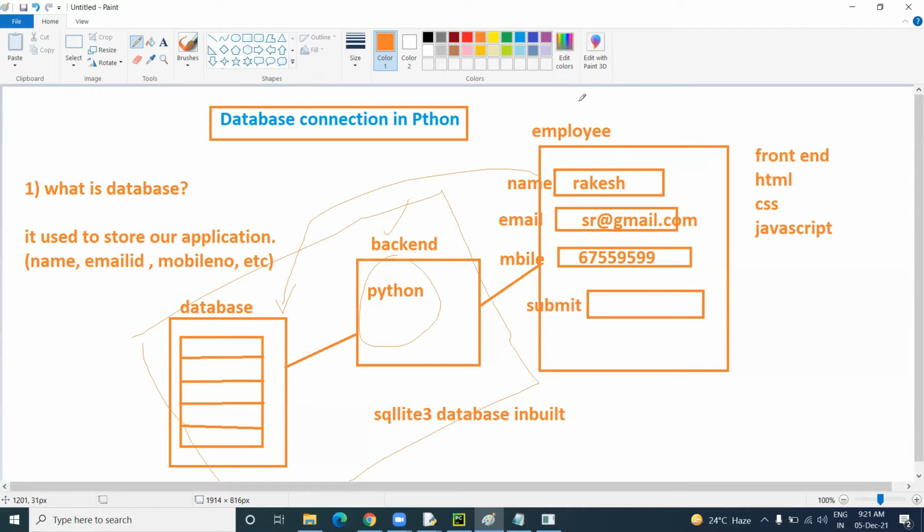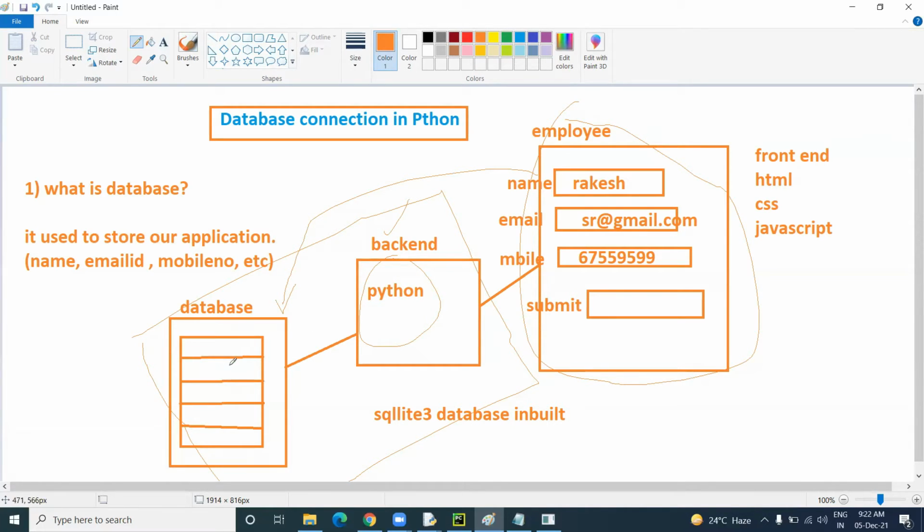So this part everyone can read. This is separate. If you write the Python code, this is how information is sent into the database. If you have some data in the database, how we can fetch the data from the database. And if you want to update some information, name or email or anything, we can update it from the Python code, as well as we can read the data from the database.